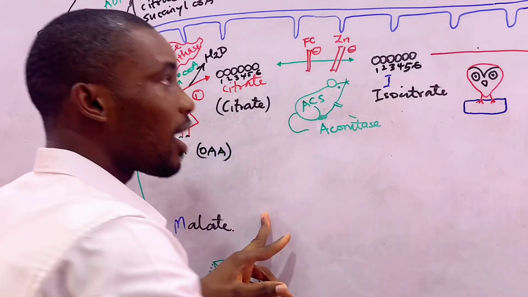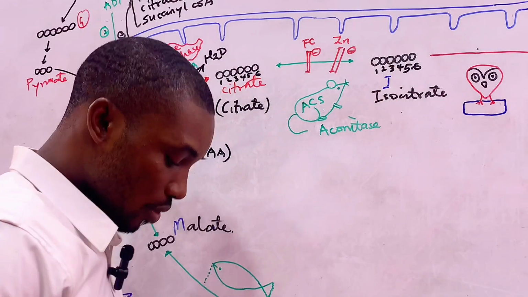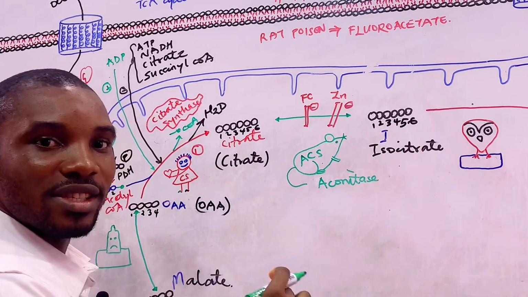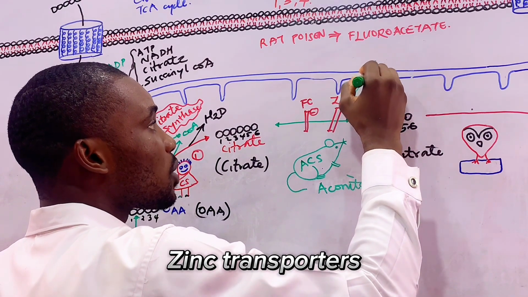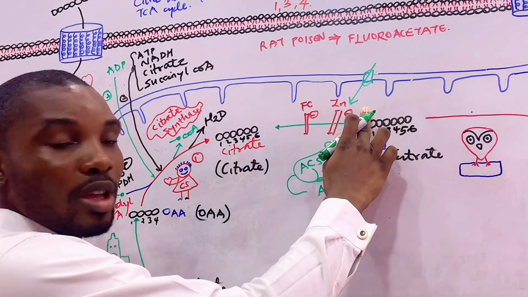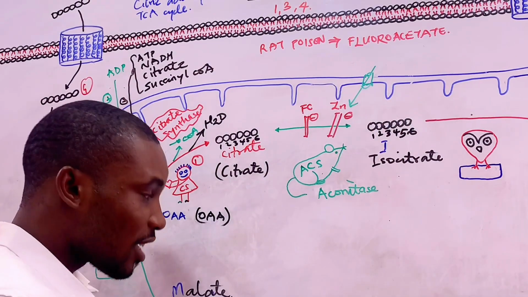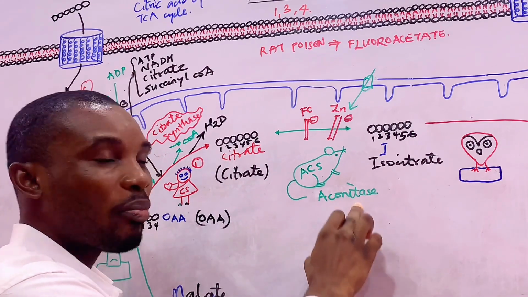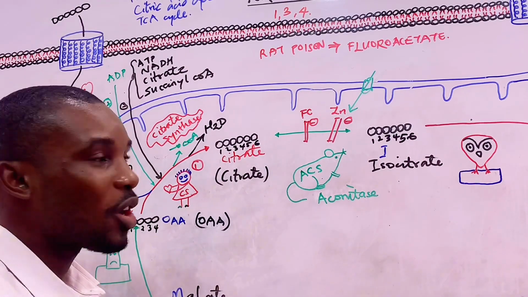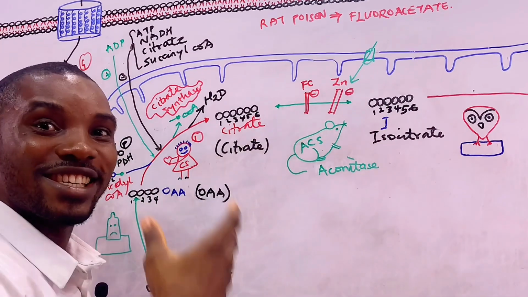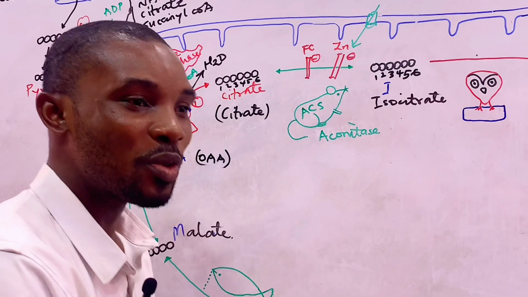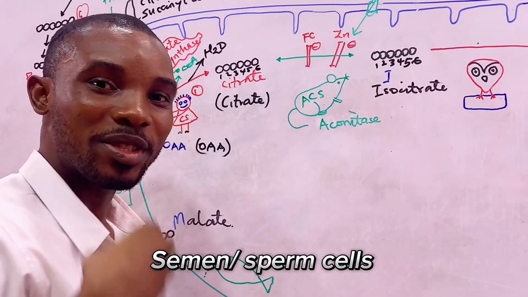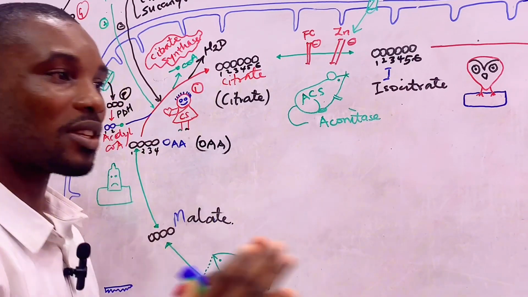Their mitochondria have zinc transporters, which transport zinc into the mitochondria, and then this zinc inhibits aconitase. When aconitase is inhibited, what happens? Accumulation of citrate in the prostate cells. So this citrate is now secreted onto the semen, onto the sperm cells, and then it helps in